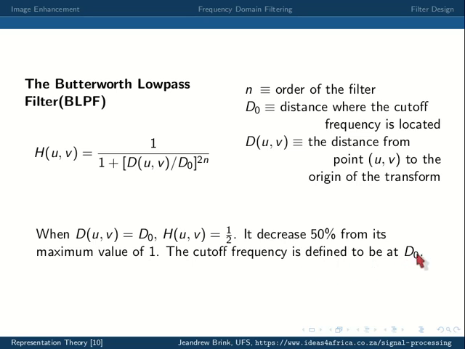Why is this D0 the same as the other D0 that we had, which we also called the cutoff frequency? And once again, I'm going to put an image on the board, and this is actually, I think, the end of my slide, so I'm going to stop the video. But let me just explain